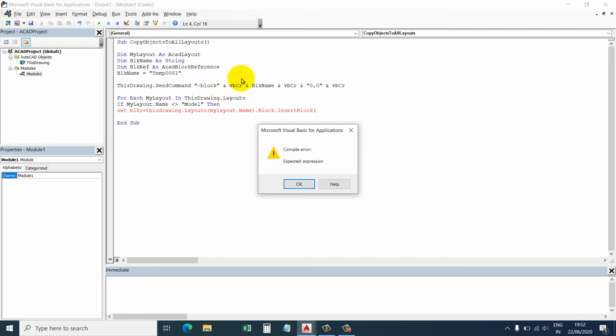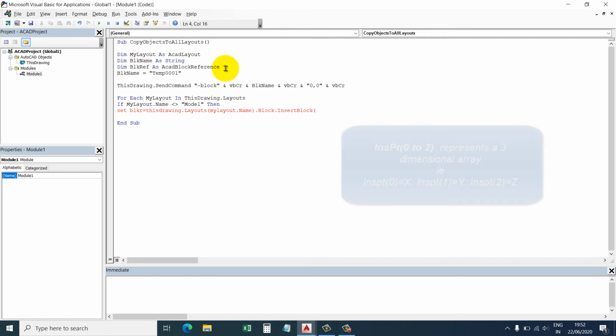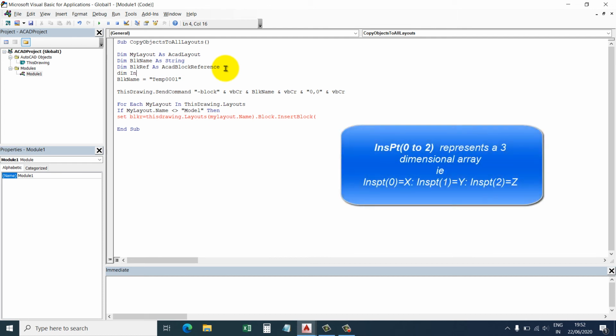The first prompt is the insertion point, so we have to declare a new variable for the insertion point. We just need to declare it only; if you don't assign a value it will consider insertion point as 0.